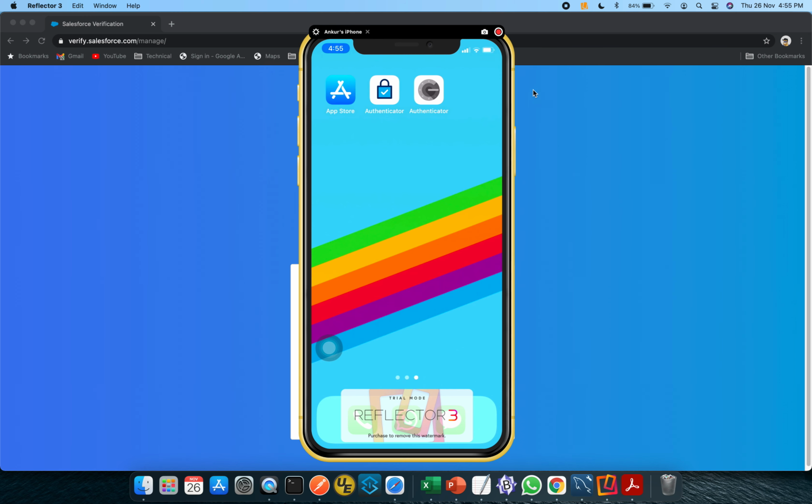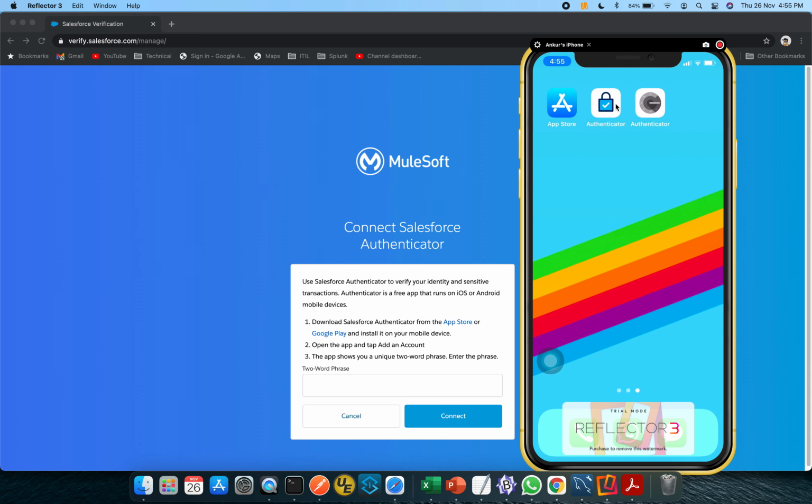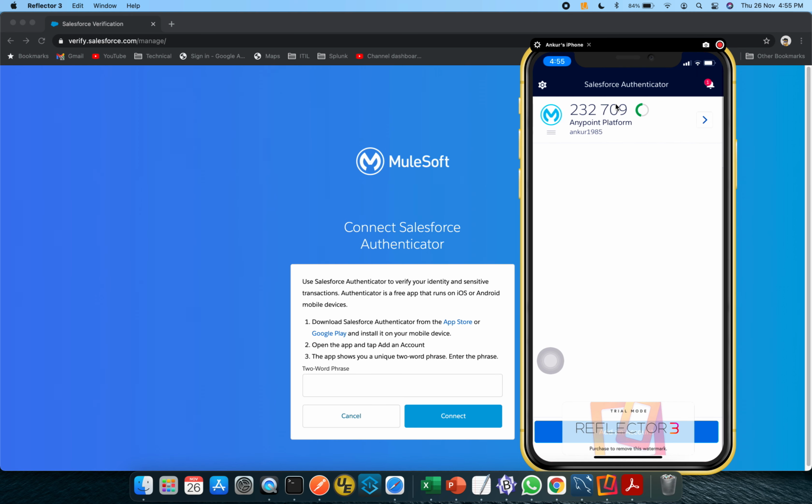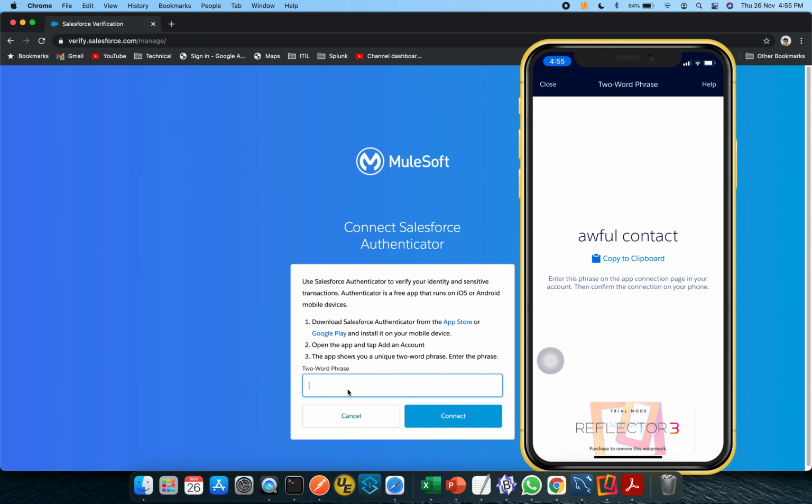So here we go. This is the Salesforce Authenticator, as you can see, and if I go inside this, you will be able to see this is one of the accounts which I have already added. If I click on it, there is an option to add an account. Just click on this.